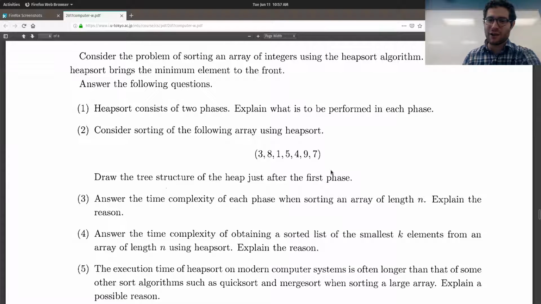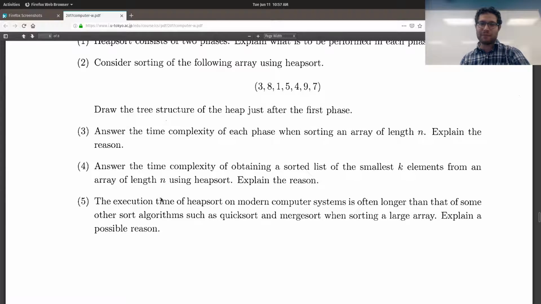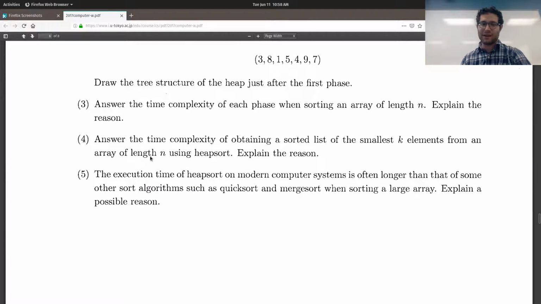Consider sorting the following array using the heap sort. Draw the tree structure of the heap just after the first phase. So in other words, heapify it and then draw the resulting heap. Answer the time complexity of each phase when sorting an array of length n. Explain the reason. Well, it takes O(n) time to heapify something and then n log n time after that. But basically, these are just questions that